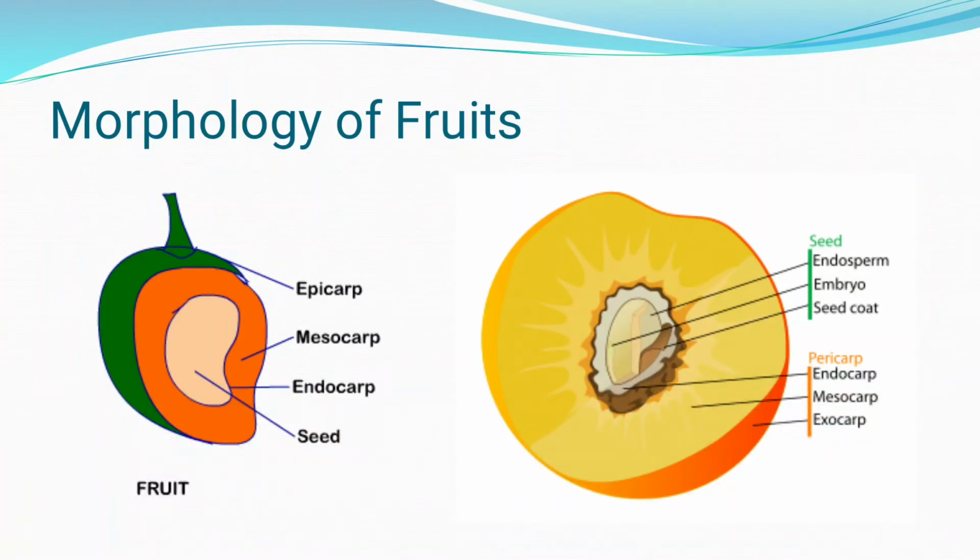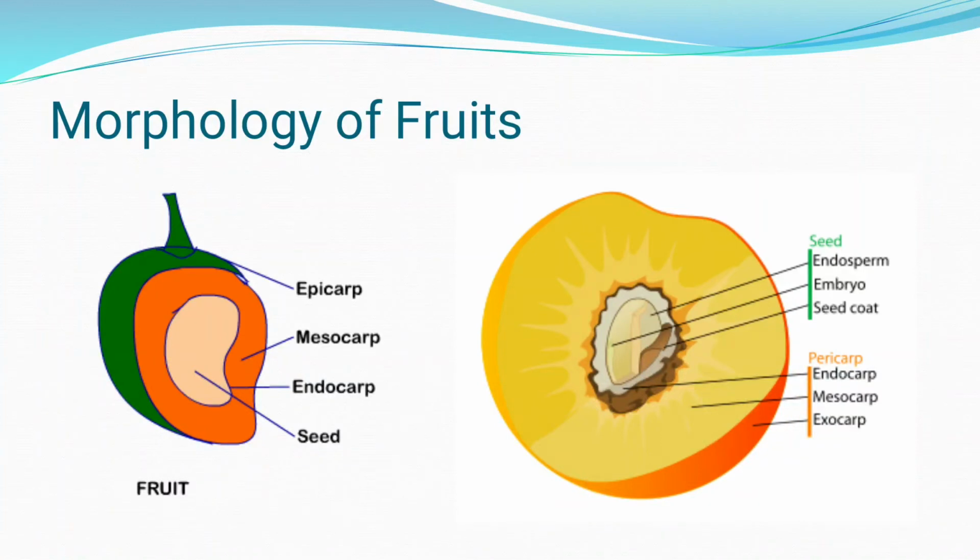Generally the mesocarp is the edible portion of a true fruit. It is a fibrous, pulpy, juicy material present in the fruit. In the case of peach, you can see here also the endocarp, mesocarp and exocarp are mentioned. So these three layers are present. At the center there is a seed having endosperm, embryo and seed coat. We have already seen the structure of seeds in legumes and oil seeds, so you can go for that video also.